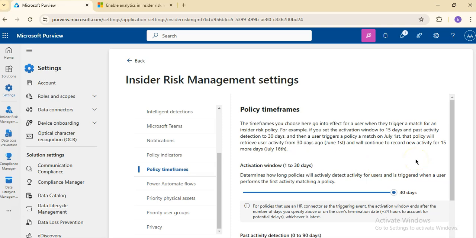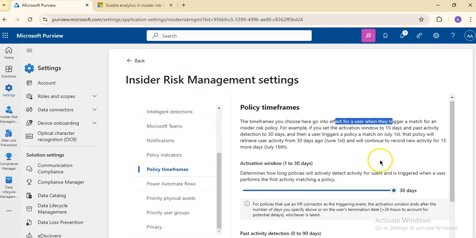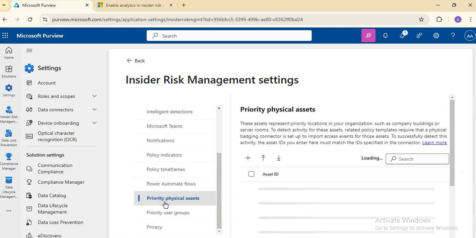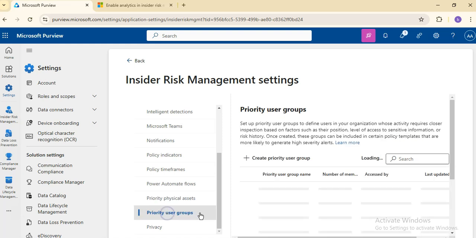Policy timeframes, because the timeframes you choose here go into effect for a user when they trigger a match for an insider risk policy. Power Automate flows, priority physical assets, priority user groups,